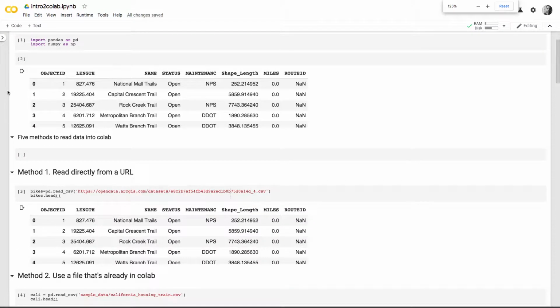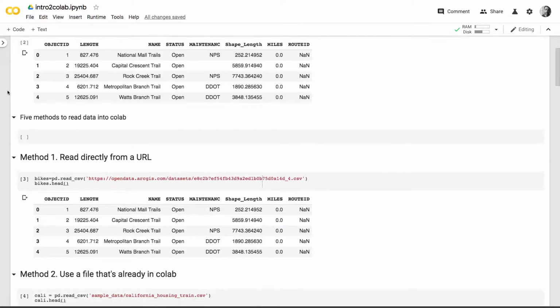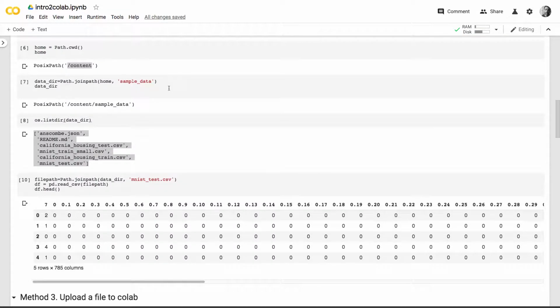On my own laptop, most of the time, I download stuff and open it from somewhere on my drive. That's not going to be a good choice when working with Colab because your machine gets wiped every time you start a new session. So it's not used for long-term storage. A much better strategy is, if it's not your data, read it directly from the URL that you got it from, or